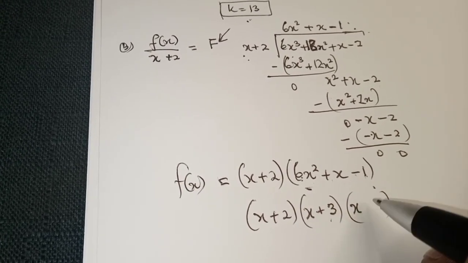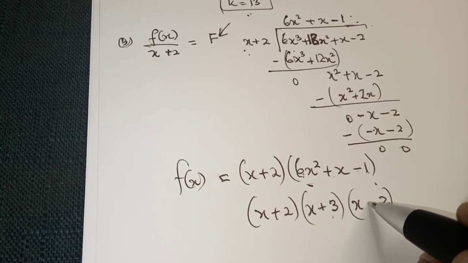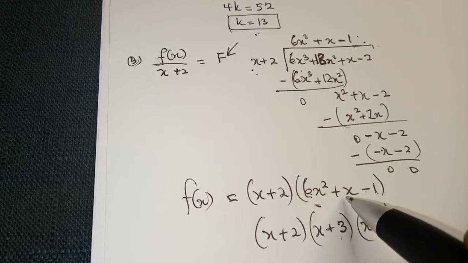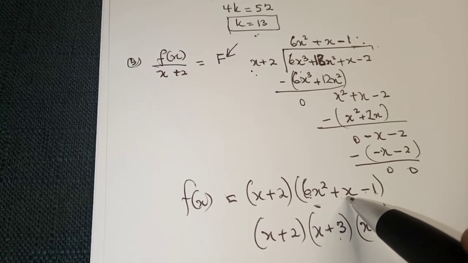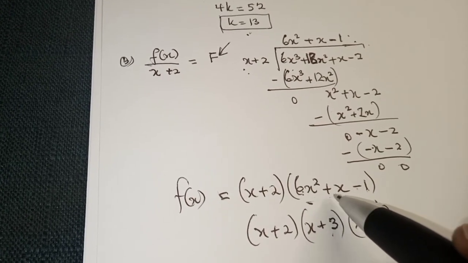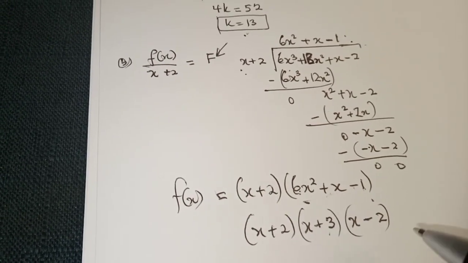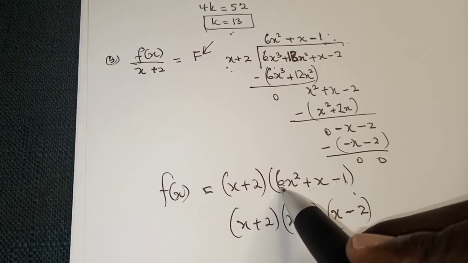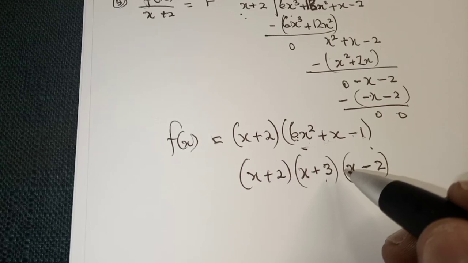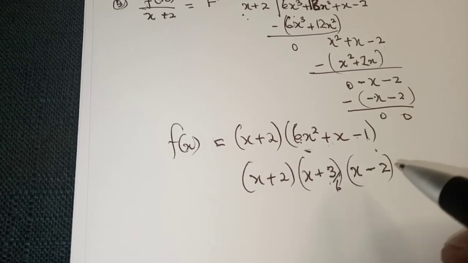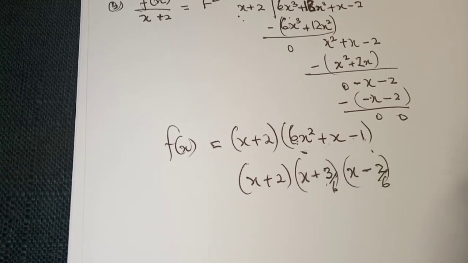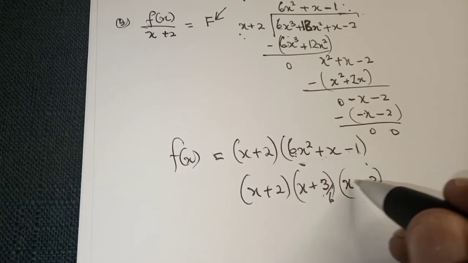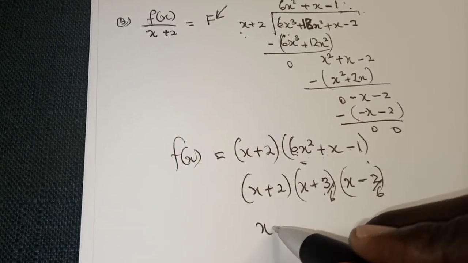This should be positive and this should be negative, the difference, because here the sign of x is positive. So you make the greater one positive, so you have this. Now there's already 6 here, so we divide through by 6. So we divide the constant by 6, and we can get a simplification. So this will be x plus 2,